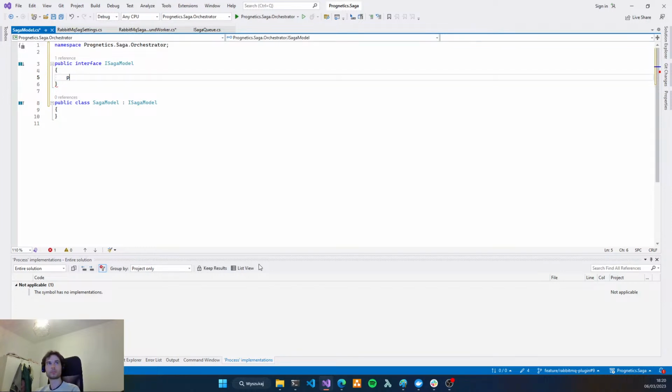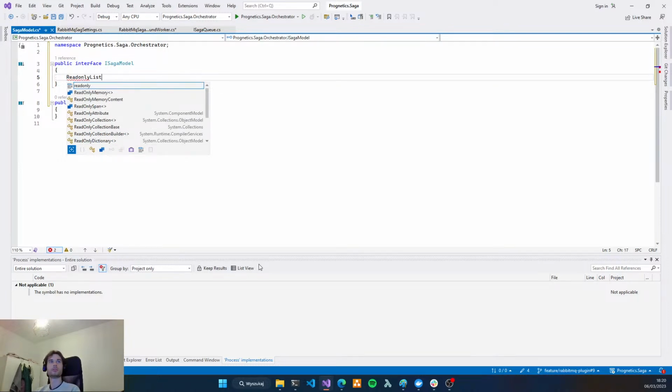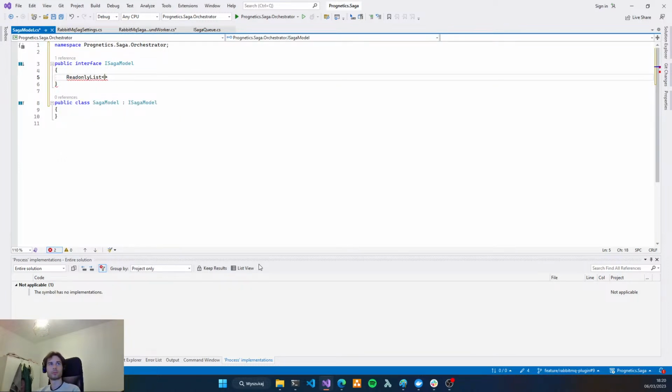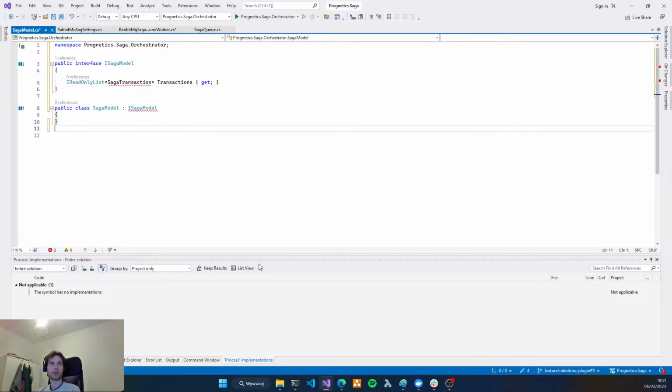So our SAGA model will have only a list of SAGA transactions. And let's create this class SAGA transaction.